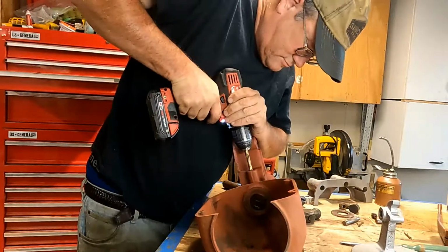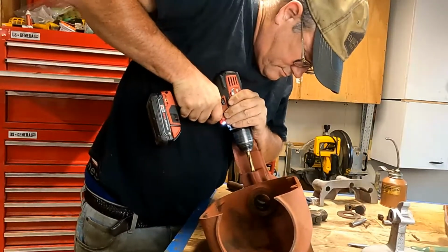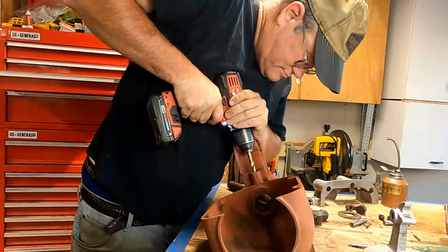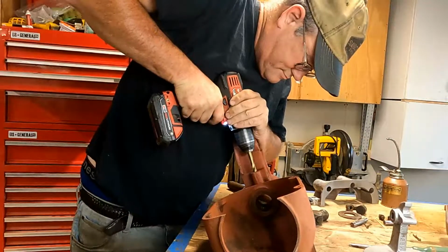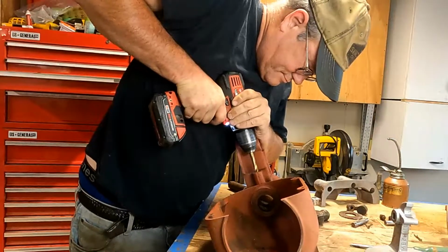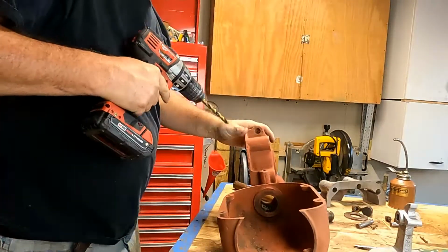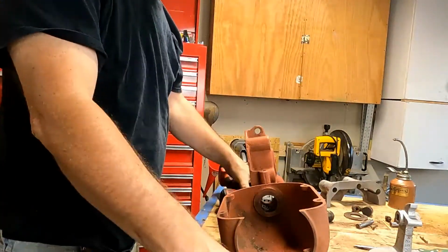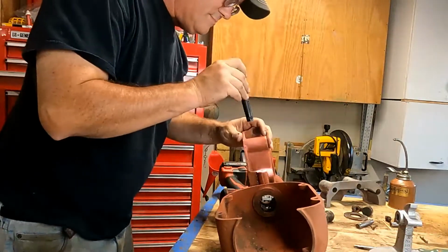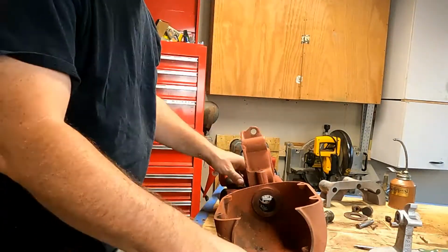There's not very good quality control in some cases in those days, and they just kind of went with whatever happened. So there's some casting there, and it's quite hard actually. I think that was probably a hard spot in the casting. It's a cold spot, and it got really hard when it cooled, and just chipped that original drill bit when they went in there. And so now I got all the way through,